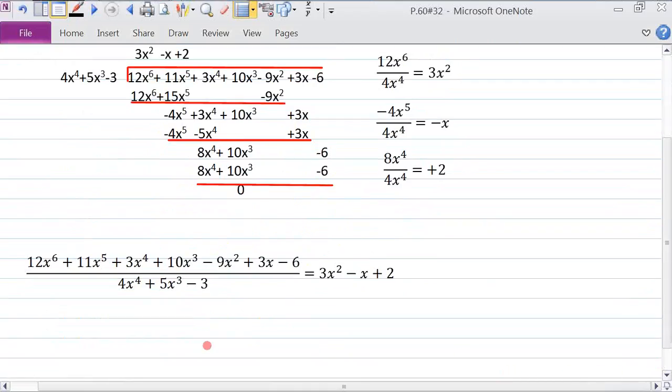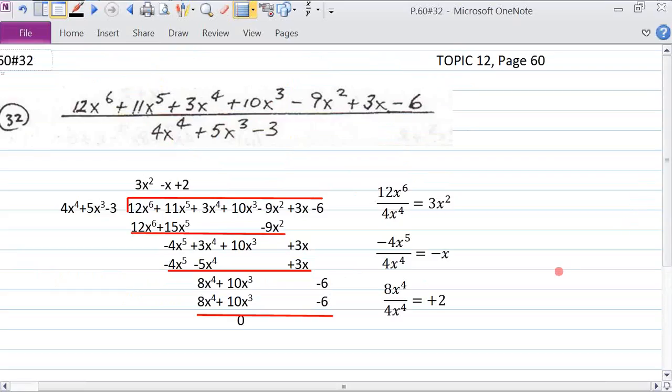So I can just write this as, here's my divisor, here's my dividend, here's my quotient. I can write it like that. That's what it means. I'm taking this, I'm dividing it by this, and this is the quotient. That completes the 2 problems that we wanted to do on page